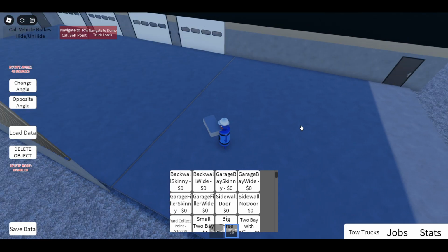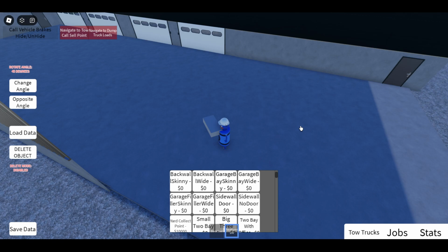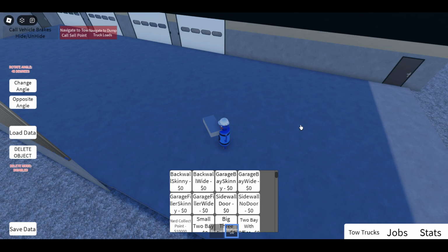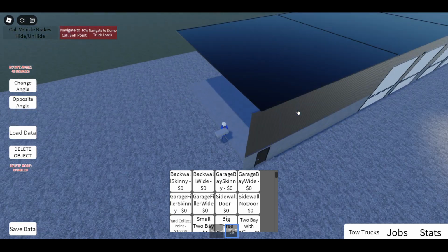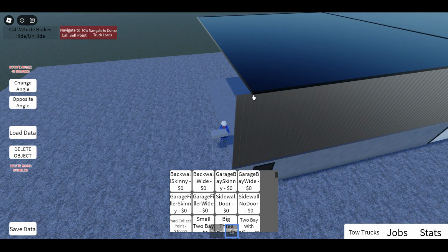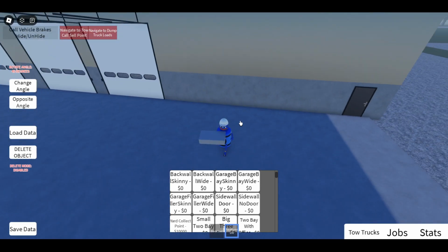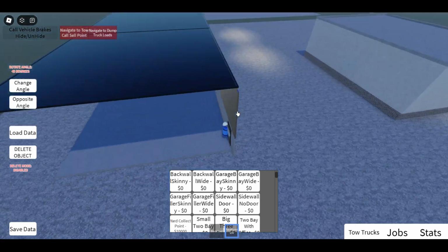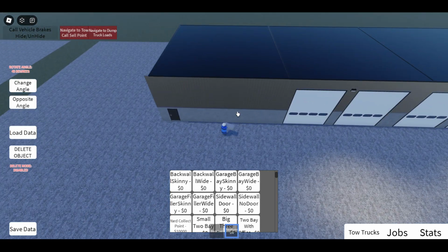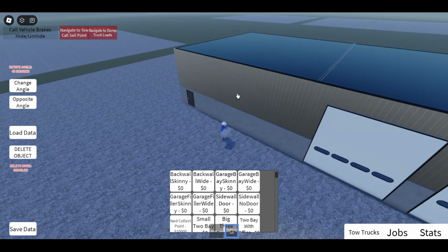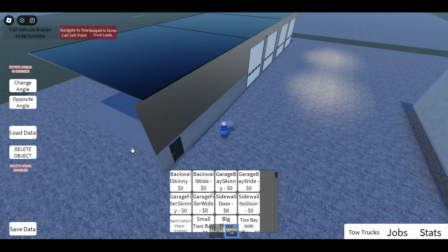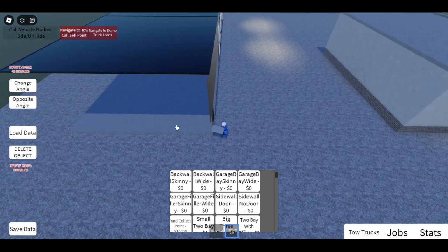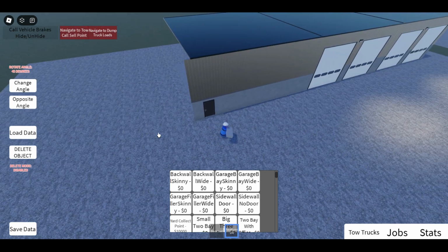So I'm going to just try to use, that's close enough. Alright, so there's that. Obviously, we have a weird gap there, and that would probably be because we're trying to use a sidewall there. I believe this is the sidewall side, so